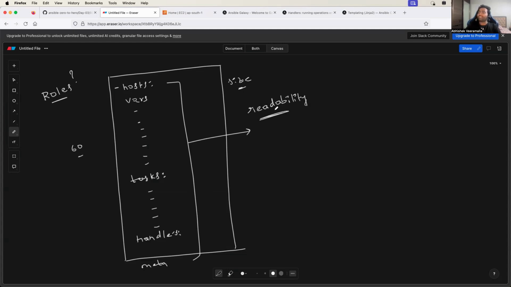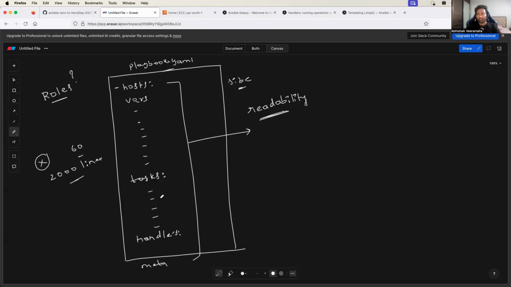Whoever is reading this playbook, imagine you open a playbook.yaml file, or main.yaml file, or whatever is the name of the playbook. You open a file and imagine you see 2000 lines. The moment you see this file with 2000 lines, that is a red flag